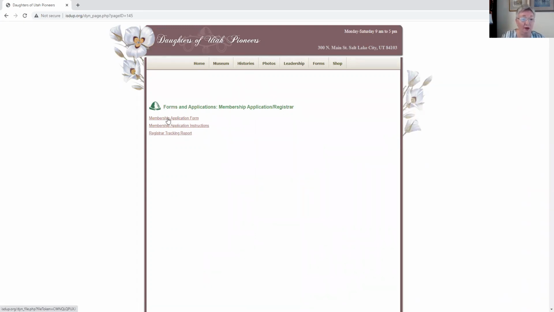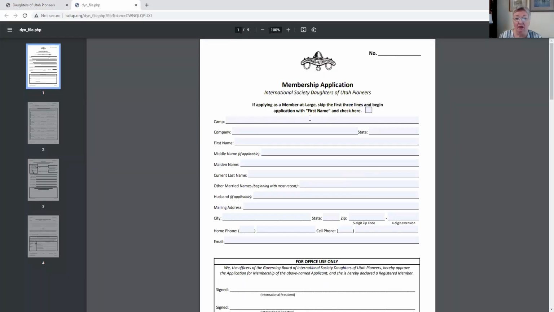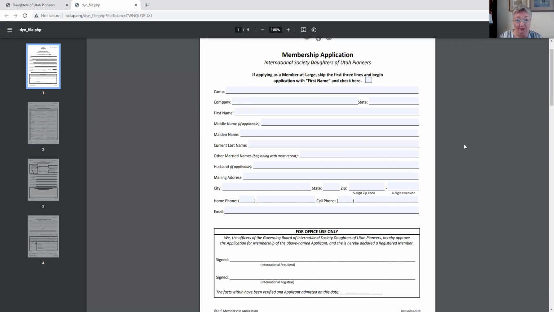We'll click on the membership application form. If a woman is applying as a member at large, she would click this box here, and then she would not fill out camp or company, which means that she's applying as a member at large and will not be participating at the camp and company level.